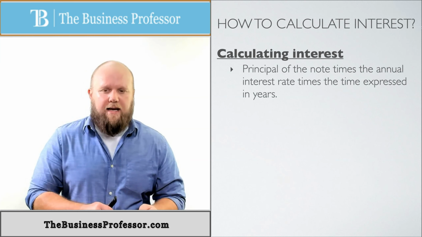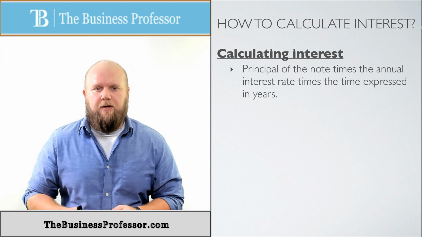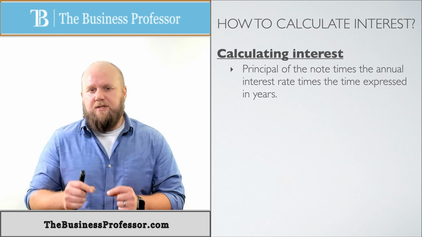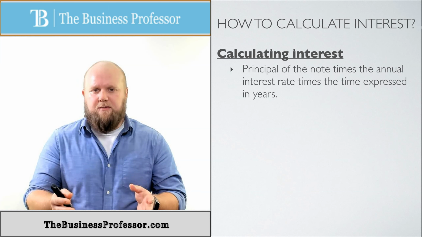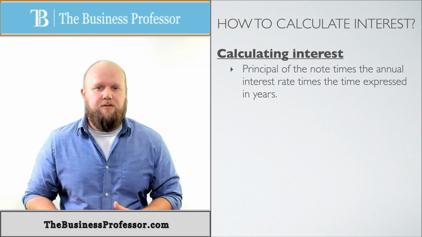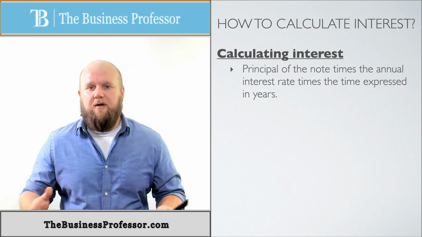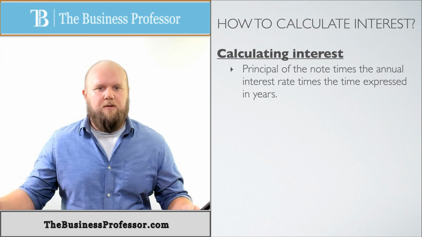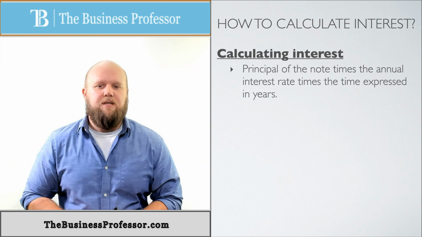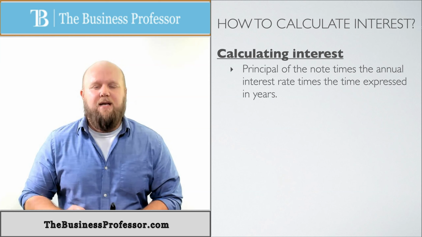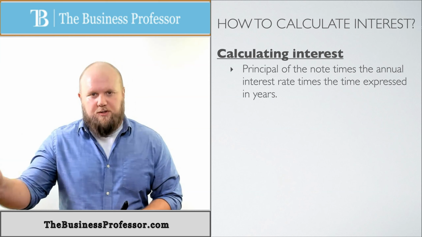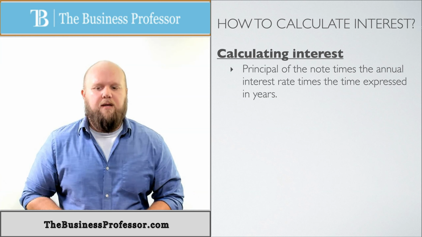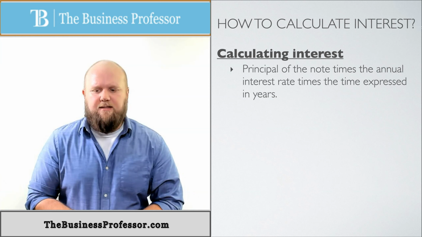In order to calculate the interest, it's the principal of the note, that's what you start with, times the annual interest rate. Typically, when you're given percentage rates on your problems, these are what we call APRs, or annual percentage rates. So they're based under the assumption of 12 months. Even if the note is not 12 months, they're going to give it to you in terms of 12 months. That's where this last piece, times the time expressed in years, comes in. It's putting it in terms of a proportion of the year that you're actually going to be using this, or that it's actually for. You'll understand what I mean by that when we do the examples in a second.